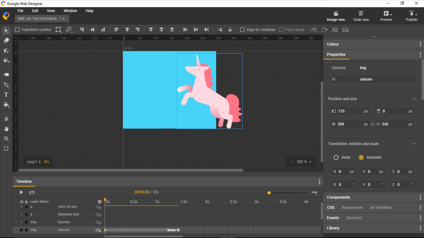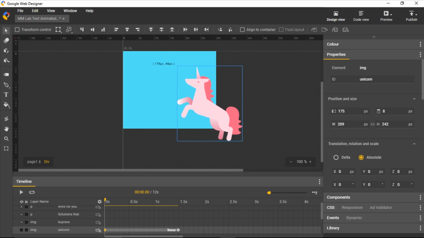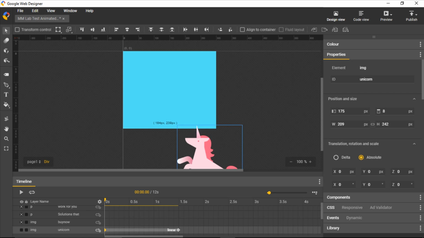We know this is where we want it to end, but we need to choose where it's going to start. So what we do is we choose the start. We'll then hold the shift key and drag this off screen. The reason I'm using the shift key is so that it keeps it in line and we don't get any funny angles or anything like that. So that's the first position. We then need to make sure that's highlighted, so that's chosen that as a position. Now I did mention before on the logo that we're going to make it come in as transparent. I'll show you how to do that when we get to that position though. So the final